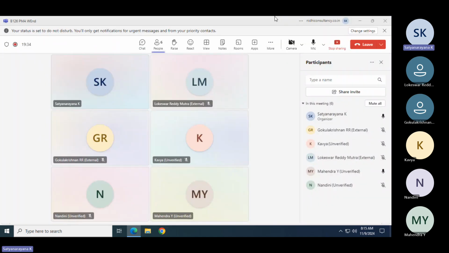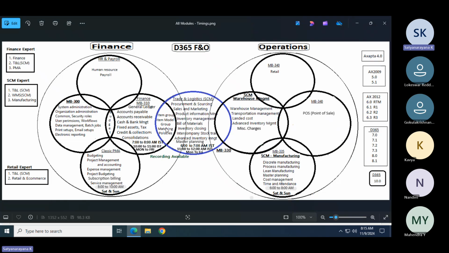So Mahendra and Lokesh, you don't know about me. Remaining people know me very well. Now I want to introduce myself. I will teach all these five modules: finance, trade and logistics, SCM warehouse management, which means WMS, TMS and landed cost, and manufacturing and PMA.